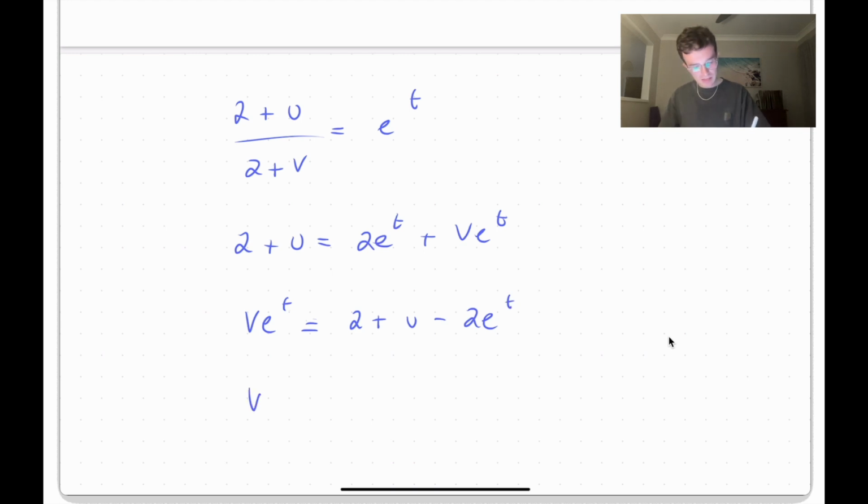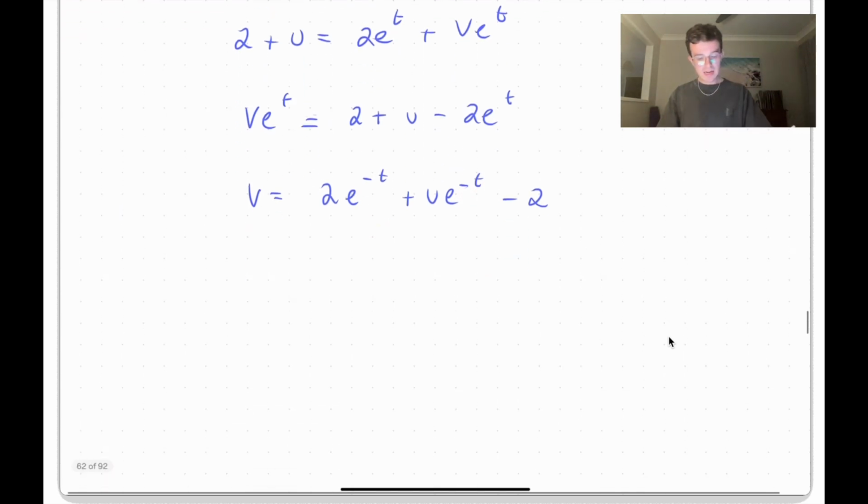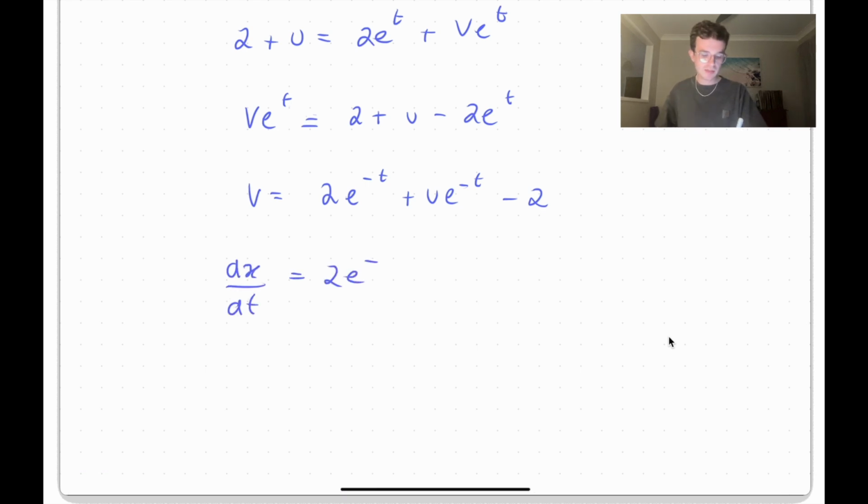Divide the e to the t over there. It is going to cancel in some instances, so e to the minus t plus u e to the minus t. And it's going to cancel here. The reason this has become minus e is because 1 over e to the t is e to the minus t. Now velocity is just dx/dt, so dx/dt is equal to 2e to the minus t plus u e to the minus t minus 2. Just integrate that. x is equal to minus 2e to the minus t minus u e to the minus t minus